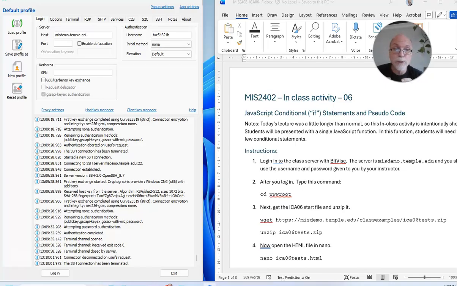I have in front of me a Bitvise client on the left, and I have the in-class activity number 6 on the right. I'm actually going to walk through that in-class activity. I will solve it in front of your very eyes, and that's not a big thing. If that answer gets leaked out onto the internet, that's not a huge deal. But what I do want to do is talk about